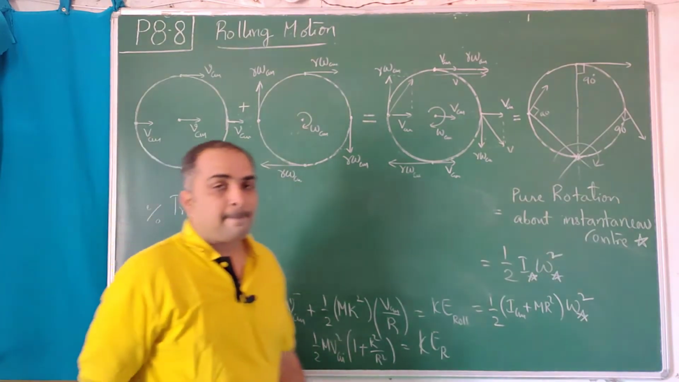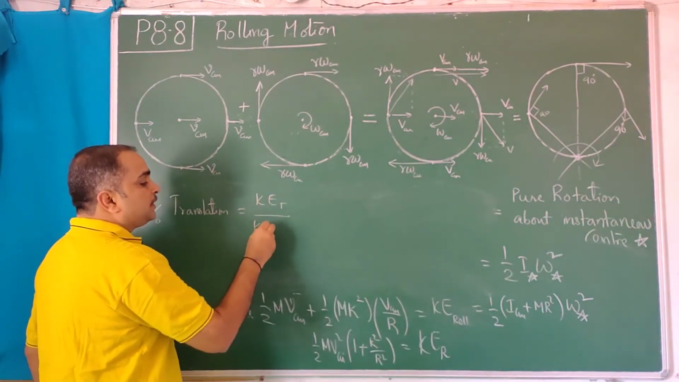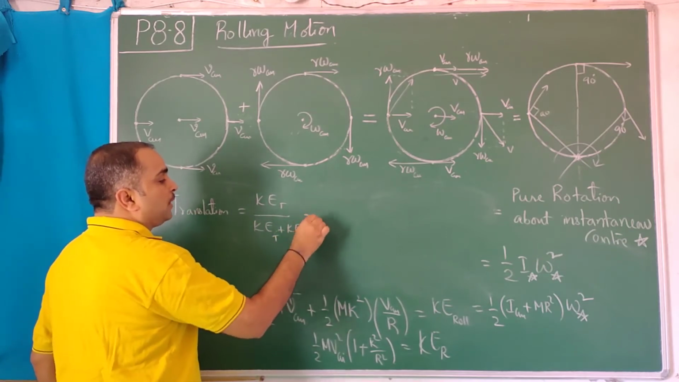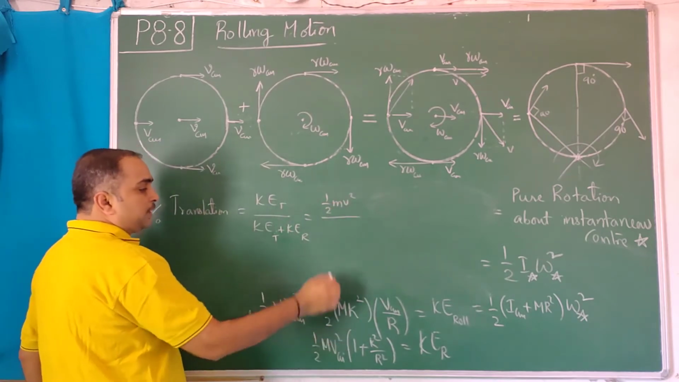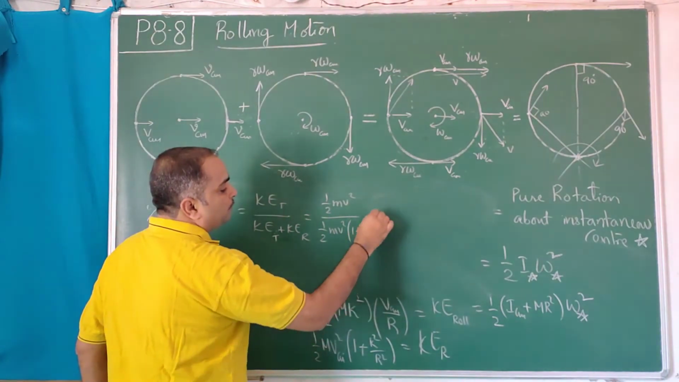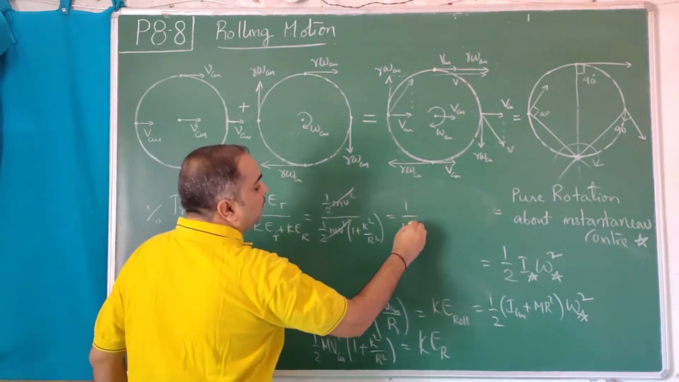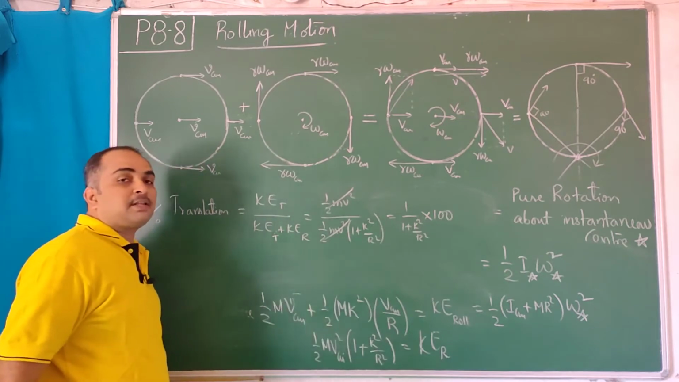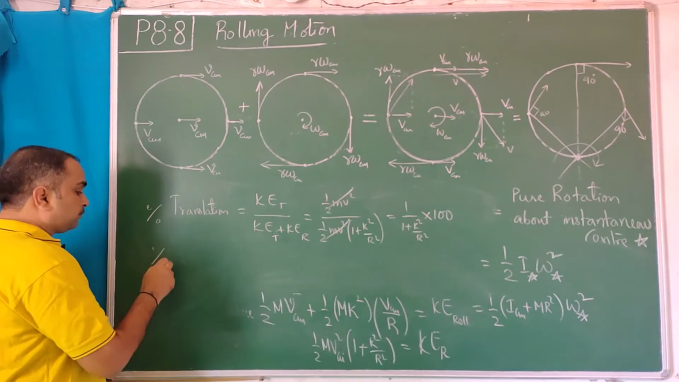Percentage of translation in a rolling body. Kinetic energy of rolling is translation plus rotation. Kinetic energy of translation is half mv square. By combination of these two, it comes like this: half mv square into 1 plus k square by r square. Half mv square gets cancelled. So 1 by 1 plus k square by r square into 100%. When you multiply by 100, you will get the percentage of translation. Similarly, if you want percentage of rotation,